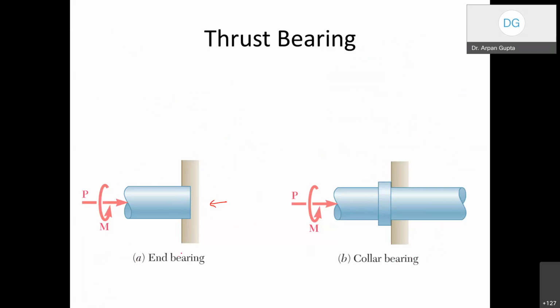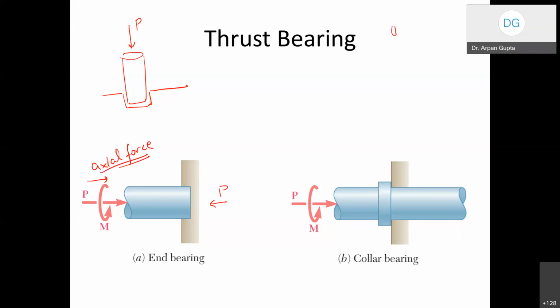So we can have end bearings, just put an end surface, and we'll try to make sure that this is as smooth as possible. That is one way. In this case, we are applying a force horizontally. If you want to draw another diagram, you can draw it like this as well. So the idea is, in this case P is like this, in this case P is like this. So there is an axial force. Don't get confused by horizontal or vertical, the idea is axial force.